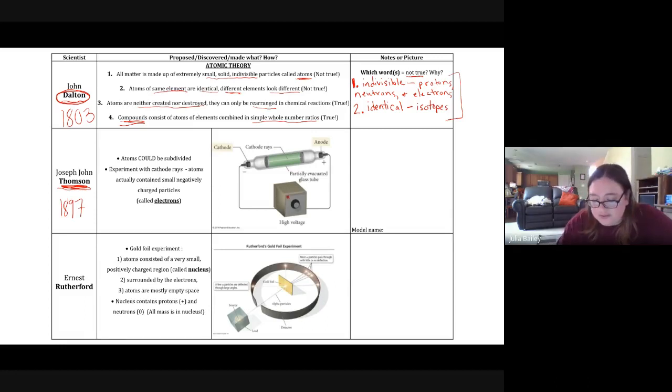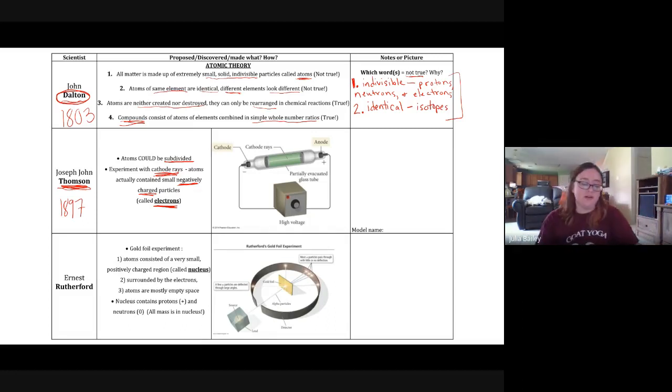And so he did some more experiments and discovered atoms can be subdivided. His experiments with cathode rays helped him discover that atoms actually contain small negatively charged particles called electrons. So J.J. Thomson gets credit for discovering the electron, and he did that using cathode ray tubes and other people's research. He also published something called the Plum Pudding model,